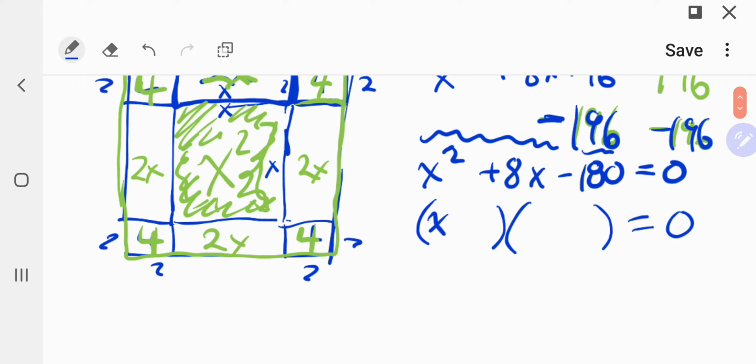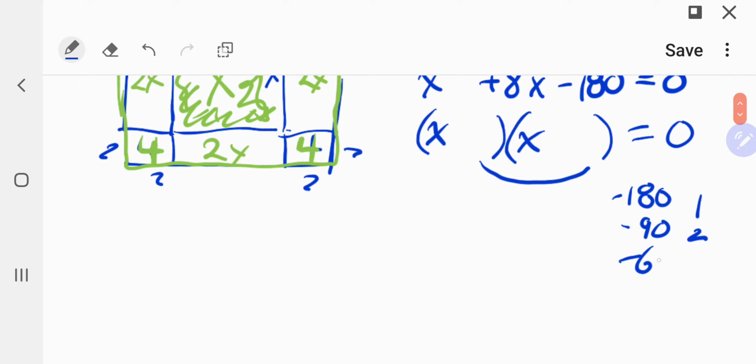So this is an x, and this is an x. The next interesting thing is what happens if we take the last numbers and multiply them. It equals negative 180. Well, how many ways is there to do that? There's negative 180 times 1, and there's negative 90 times 2, and there's negative 60 times 3, and there's nothing times 4, nothing times 5, negative 30 times 6,